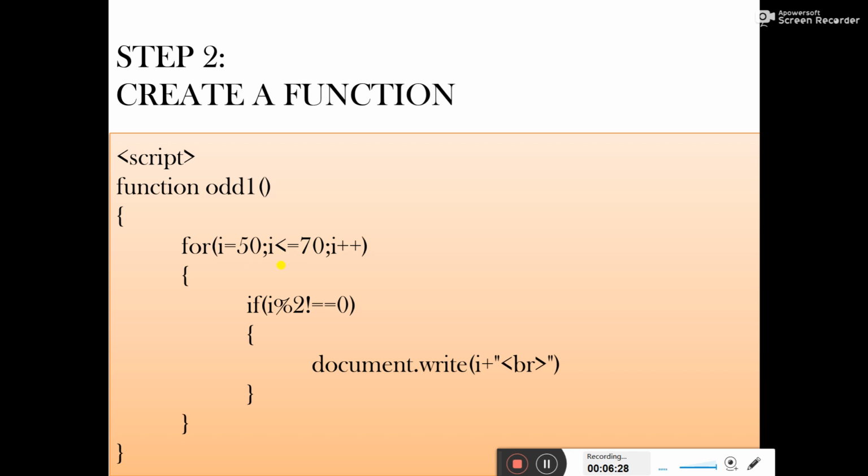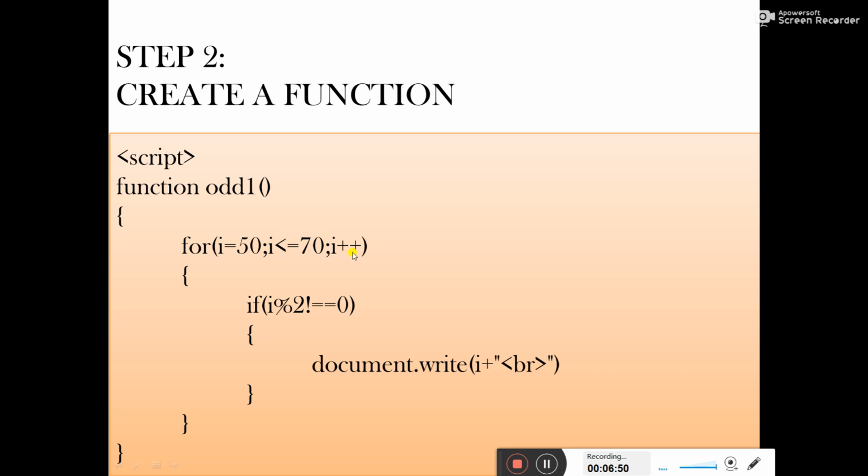So we need to check the number which we are printing is less than or equal to 70 only. Okay, it should not be more than 70, it should be less than or equal to 70. So this is the condition that we need to check here. So i is less than or equal to 70, this is the condition. Again a semicolon for the separation.